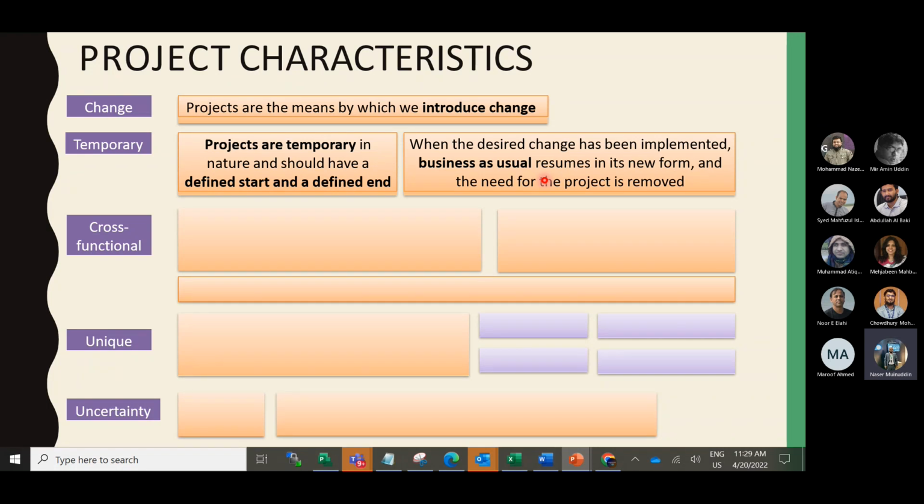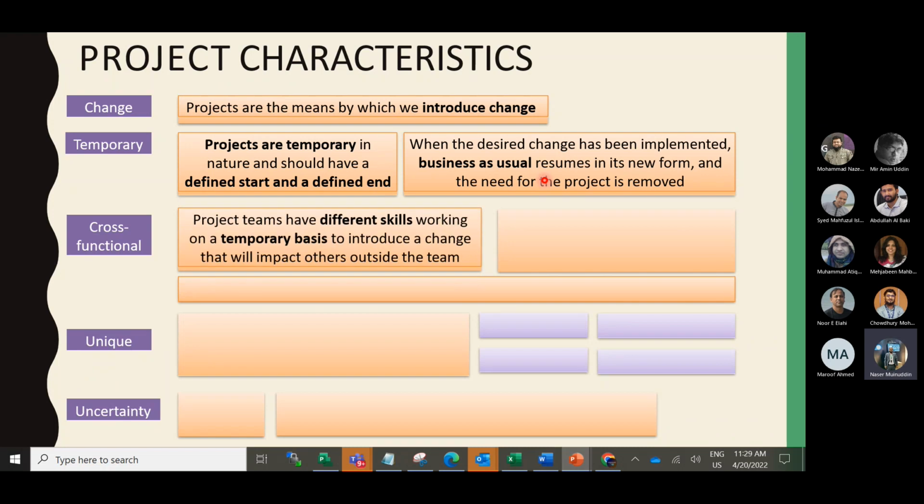And then another important part is cross-functional. Project teams have different skills working on a temporary basis to introduce a change that will impact others outside the team. Projects often cross the normal function divisions and sometimes different organizations.